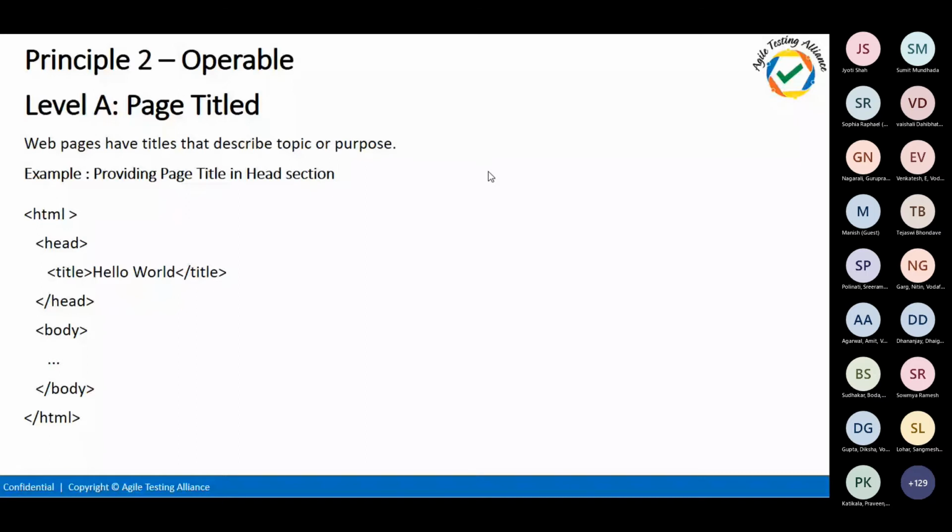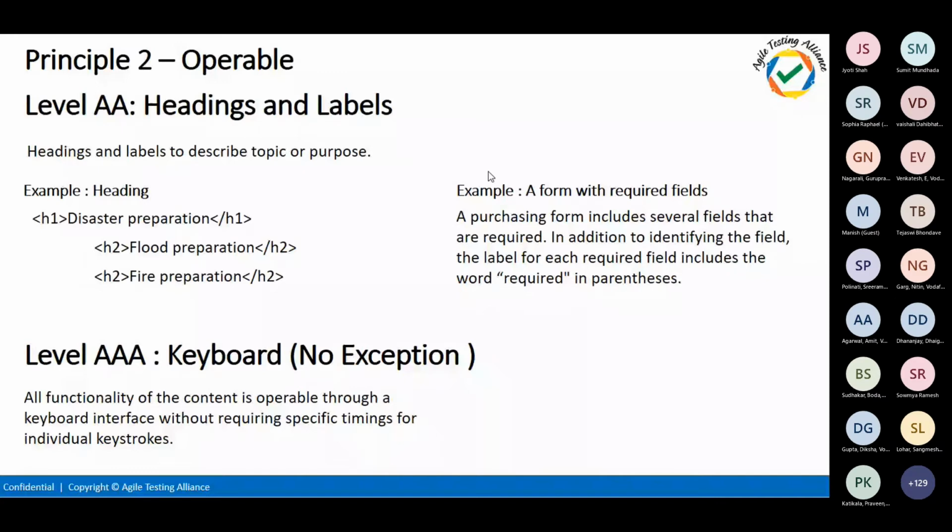And then the page headings and labels. Whenever we talk about page headings, they have to go from a higher font to lower fonts. For example, if your heading is H1, then it should go on to H2, H3. H1 is the biggest font size, and then it goes from H1 to H6. So whenever we go for subdivisions, the size should be reducing, so that we can clearly see the headings.